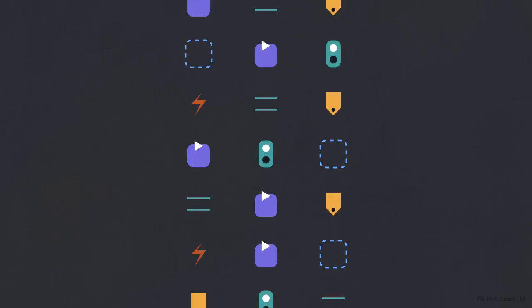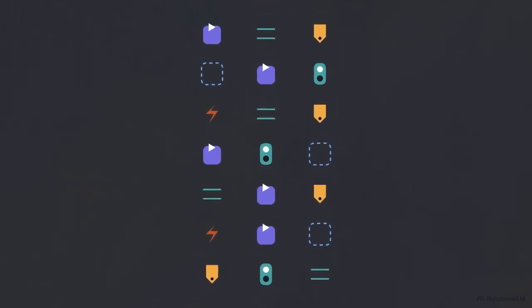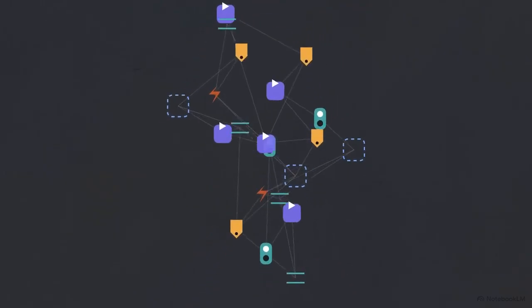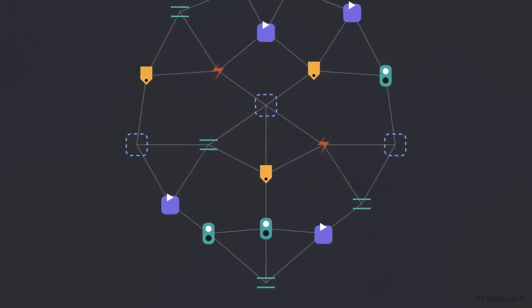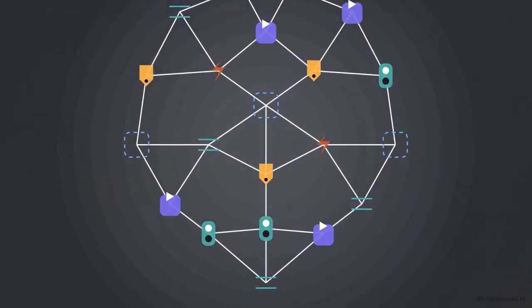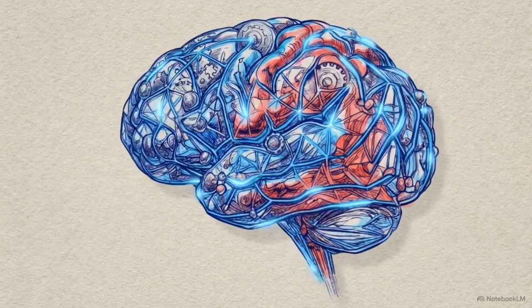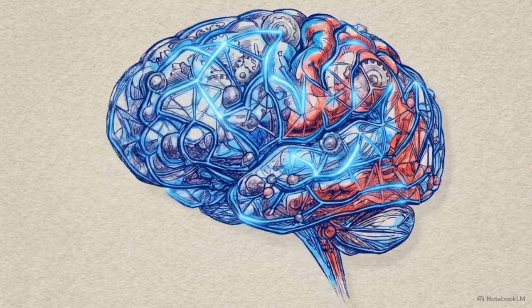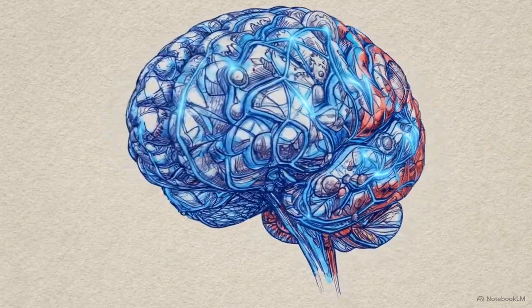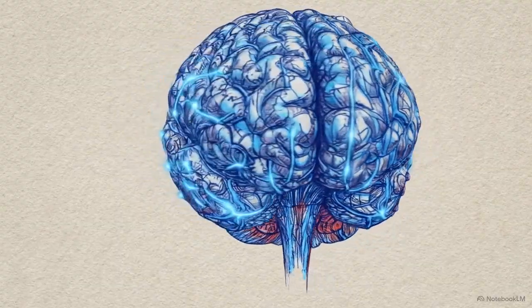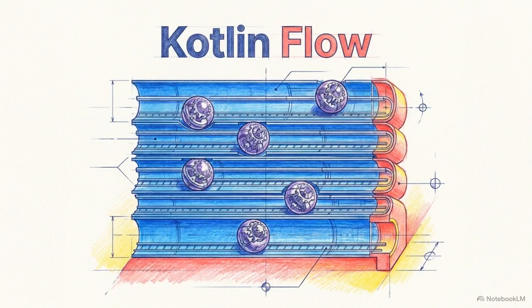This diagram shows how these 21 concepts interlock. They aren't just separate tools, they are the architectural components of a single functional system. When you view coroutines through these models, you can predict how a system will behave before you write a single line of code. Next, we apply this architecture to data streams in our